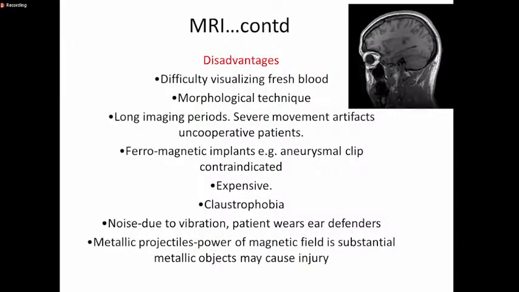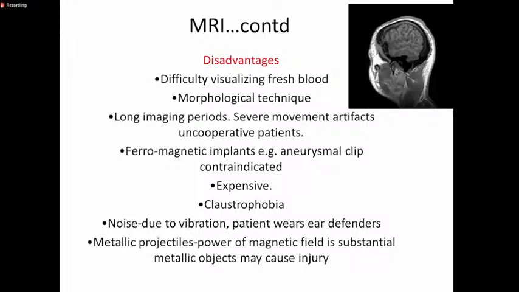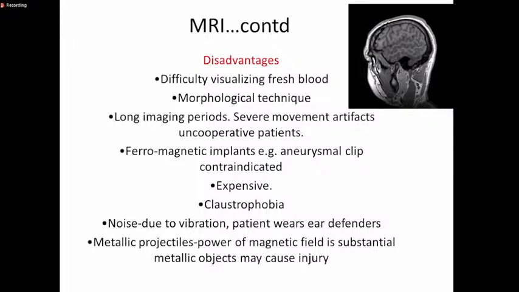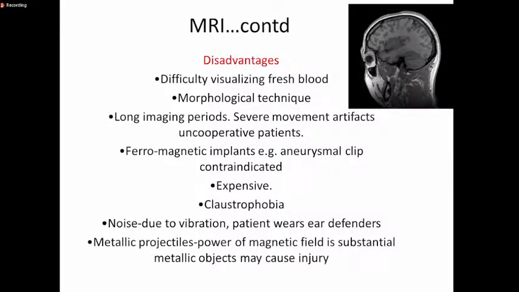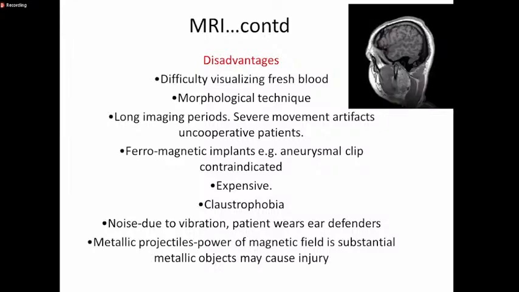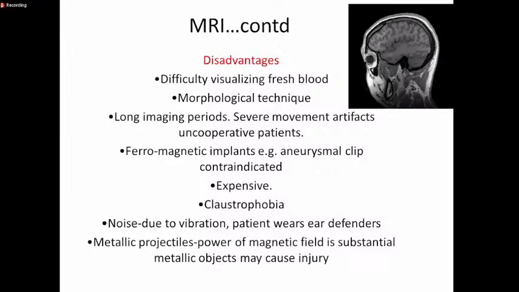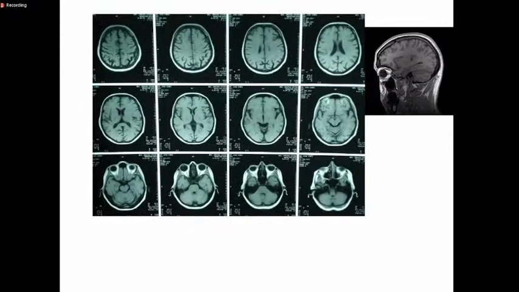An MR was about almost 20,000, sometimes more. Claustrophobia is fear of dark places. If you go to an MR room, it's really dark. Of course, there's a lot of noise. The magnetic field may create metallic projectiles, and therefore, if you are walking into the MR room with anything metallic, you create a projectile, and you are warned before there. You don't go in there with any metallic things. And this is what you get when you do MR,